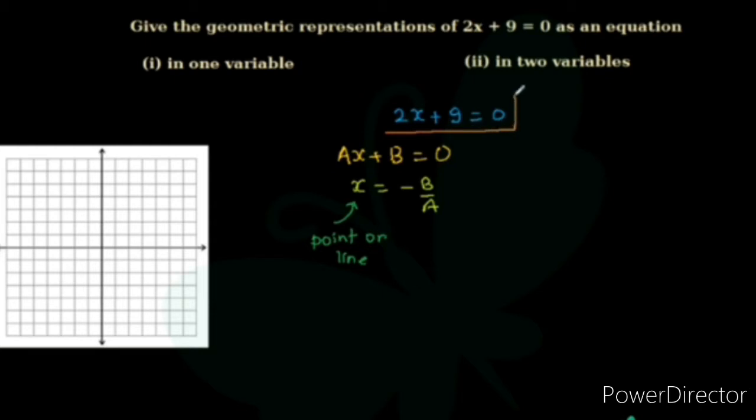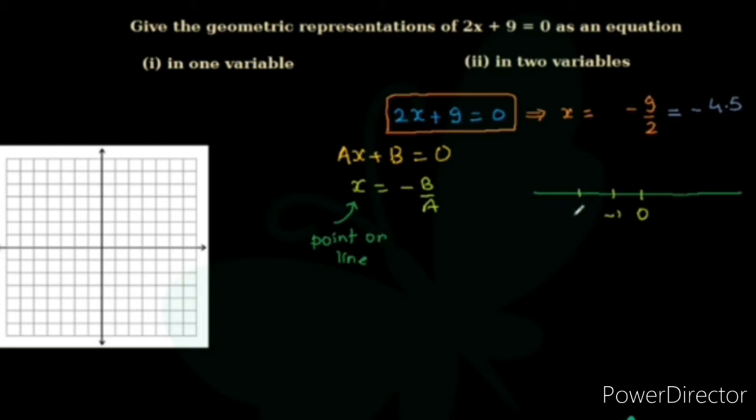2x plus 9 equals 0. If you solve for x, one gets minus 9 upon 2. Well, minus 9 upon 2 has a very precise and accurate location on the number line, which is minus 4.5, isn't it? We know negative numbers are to the left of 0. So if you just draw a number line as a rough sketch, negative 1, negative 2, and so on, you will have,